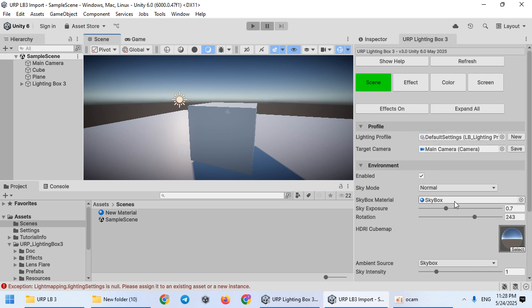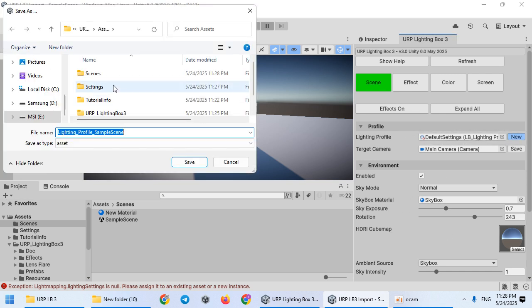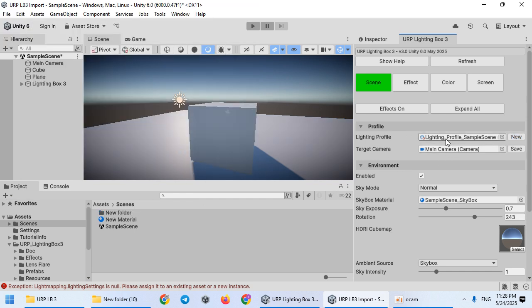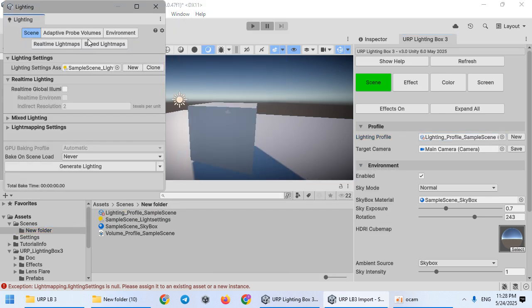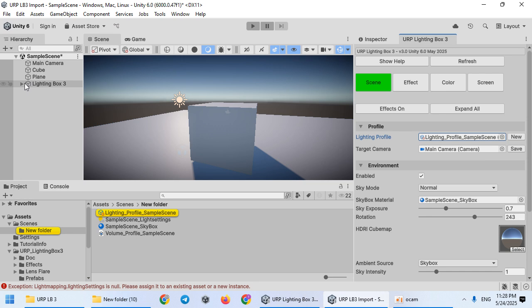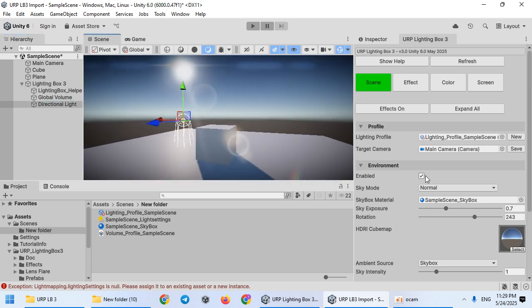You need to not touch the settings before creating the profiles. As you can see, you have 4 assets. The first one is light setting. The skybox is the skybox, the lighting profile, and the global volume. As you can see, lighting box created a game object and moved your directional light under lighting box 3. Now you can easily